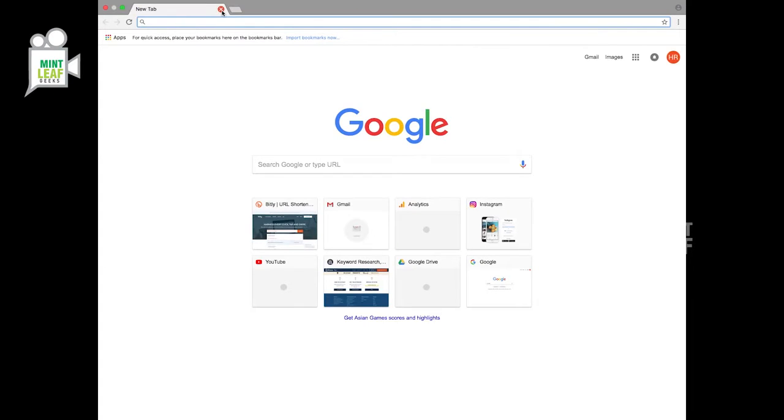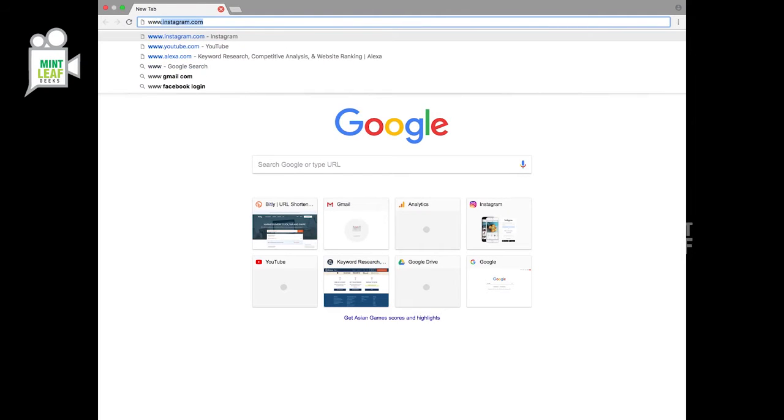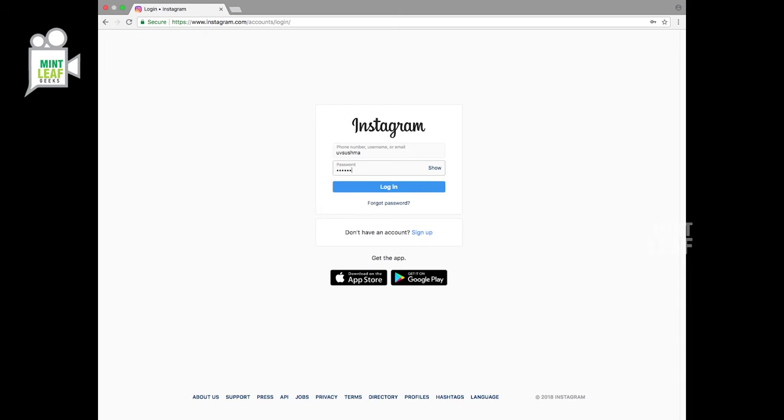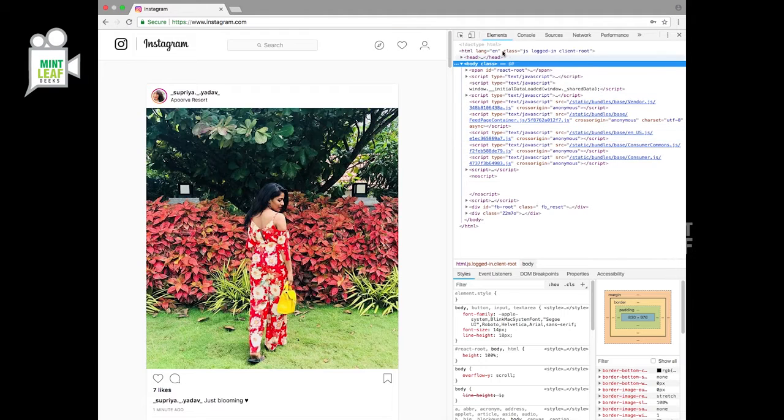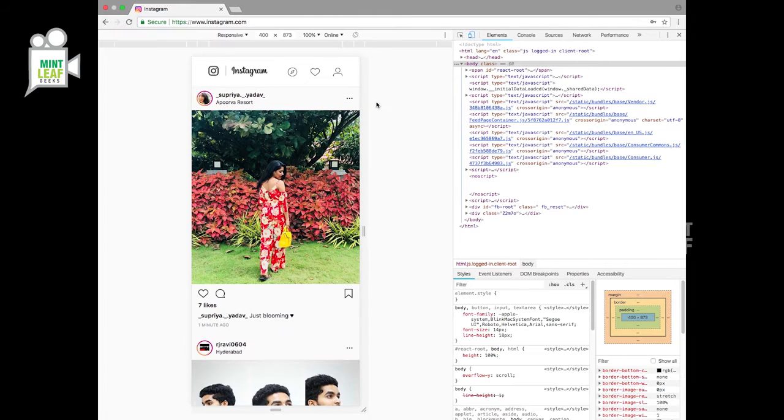Open Google Chrome on your PC or MacBook and visit www.instagram.com and log in using your credentials. Click on the three vertical dots on the top right corner and go to More Tools and select Developer Tools. On the Developer Tools page, click on the Mobile icon located at the left of the Elements option and now reload